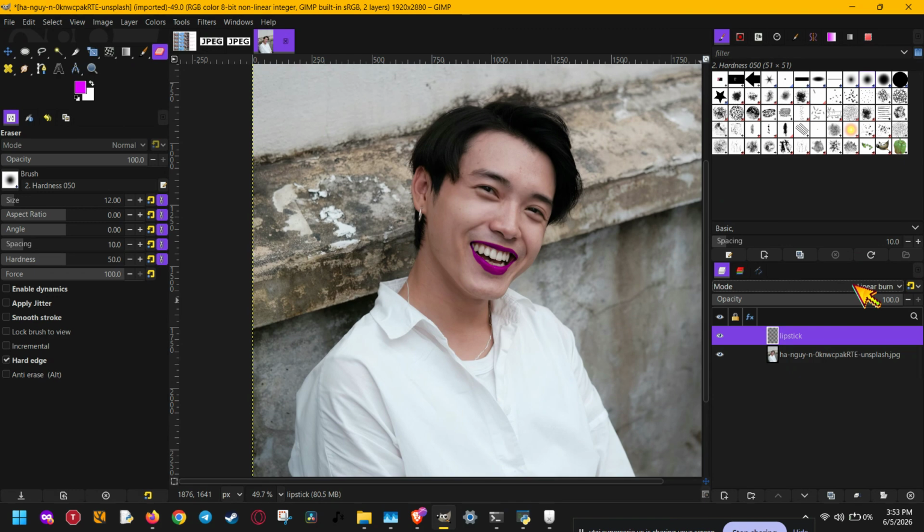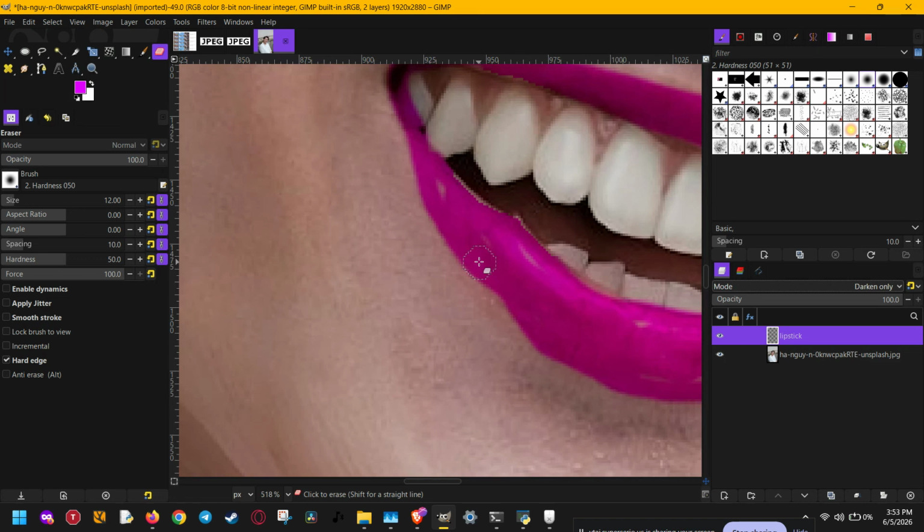And that's it. You've now learned how to add lipstick in GIMP using a separate transparent layer, a soft brush, and blend mode adjustments for a natural finish. This is a great technique to practice if you want to improve portrait retouching and make your edits look more